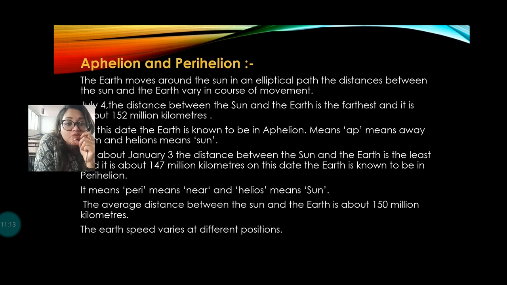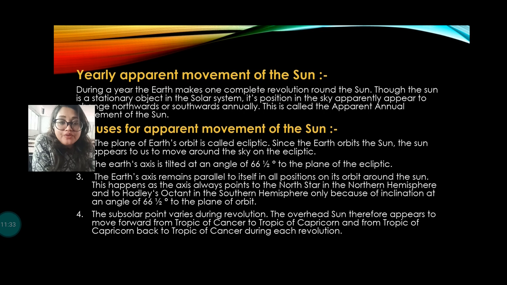So the average distance between the sun and the Earth is 150 million kilometers, but on the 4th of July it is 152 million kilometers, that is aphelion, and on the 3rd of January it is very near to us, which is 147 million kilometers, that is known as the perihelion. Okay, so next we are going to discuss the yearly apparent movement of the sun